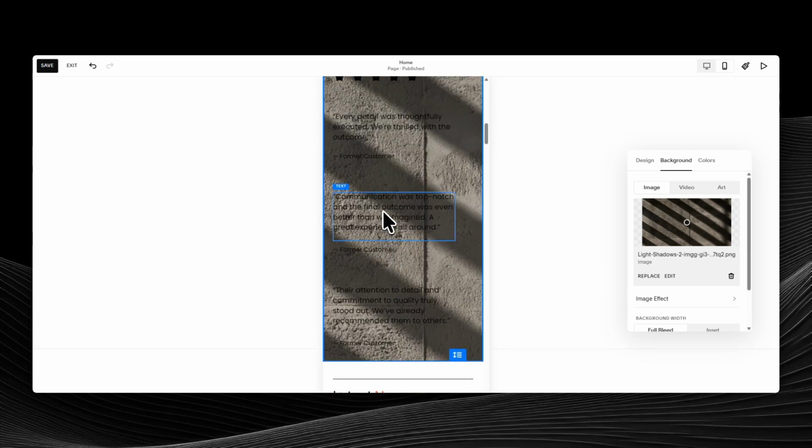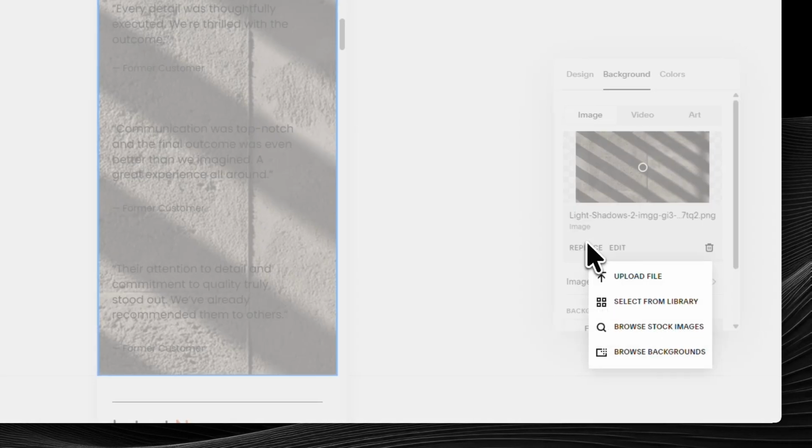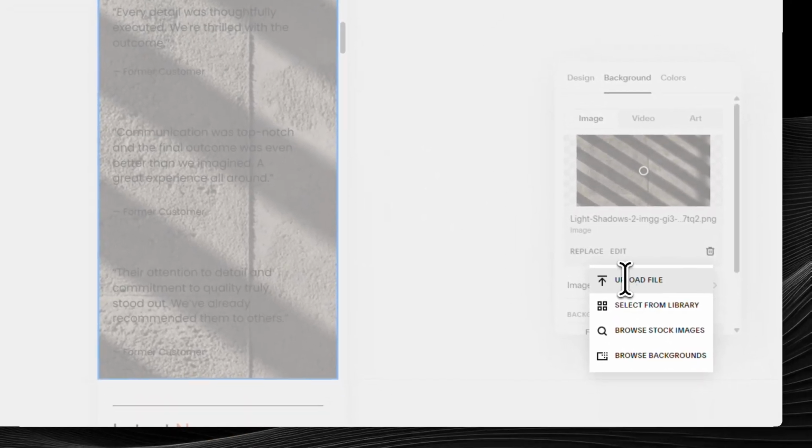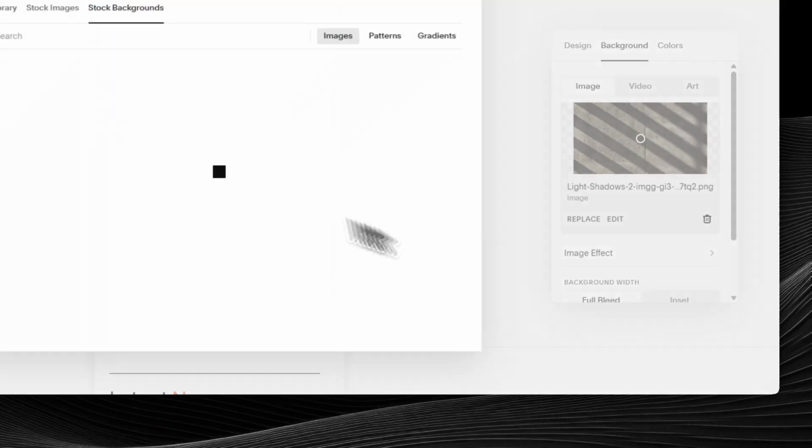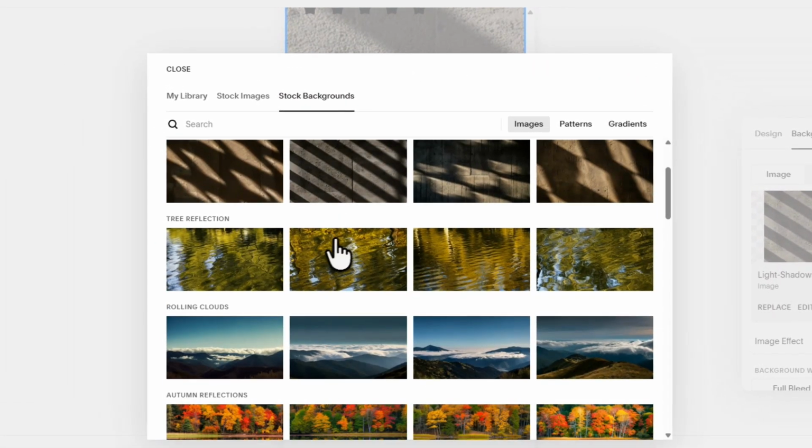That's all there is to it. You switched to mobile view, entered edit mode, chose your section, opened the background tab, selected image, and uploaded your file. Take a quick scroll to confirm it looks